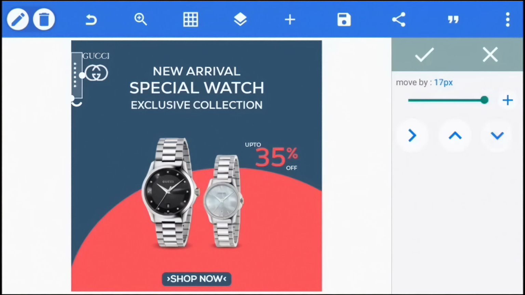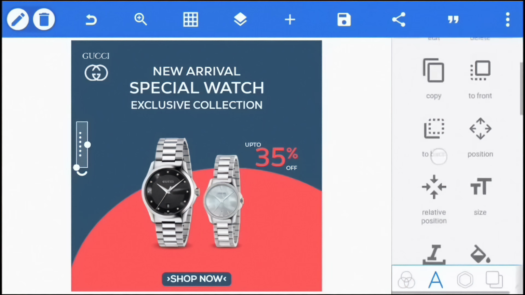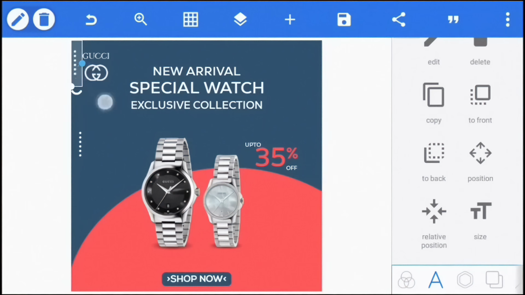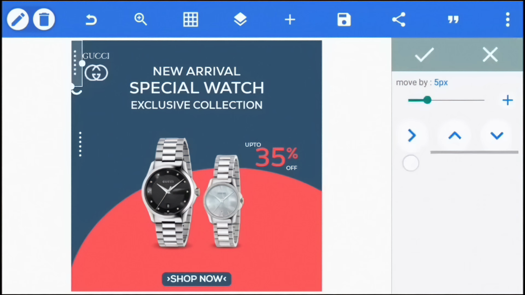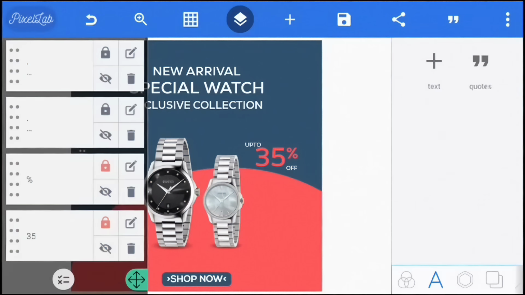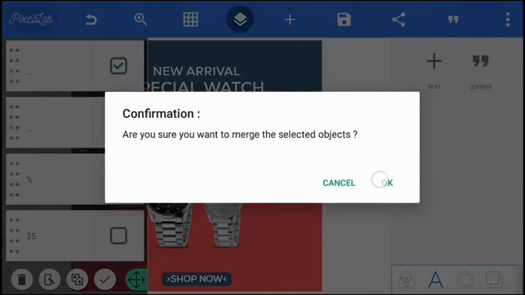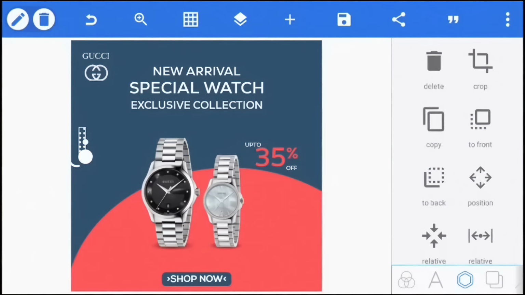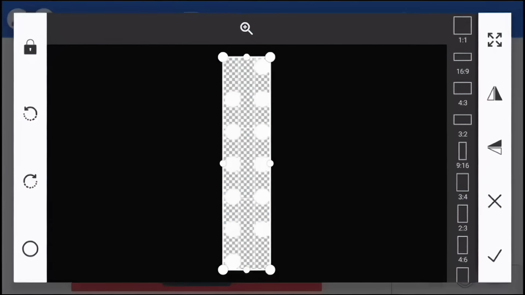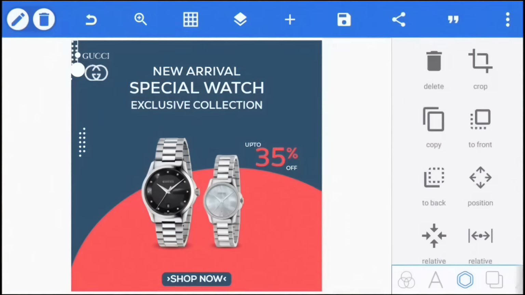Now go to the movement, navigation movement button, and manually move the text I just created with your keyboard, the full stop sign. Remember, some of the shapes and designs you make with PixelLab, you can easily do with your keyboard. Now you make a duplicate, then make sure one is taller than the other, like one dot up. I hope you're watching and seeing the way I'm doing it, so I don't need much explanation. The visual is okay. You make a duplicate, you join that, you put them together, then you make a duplicate